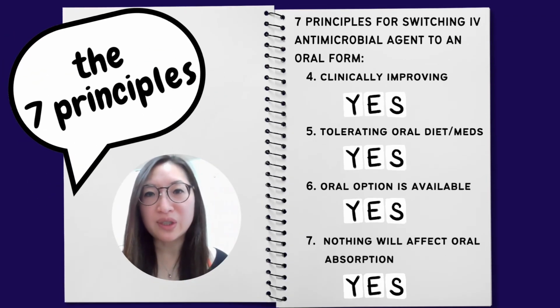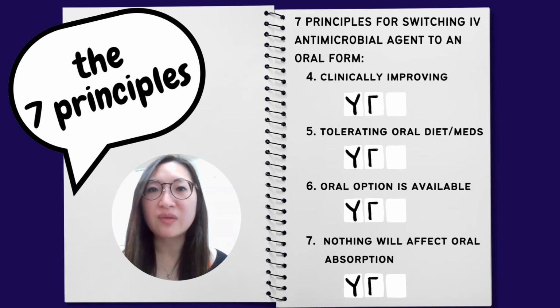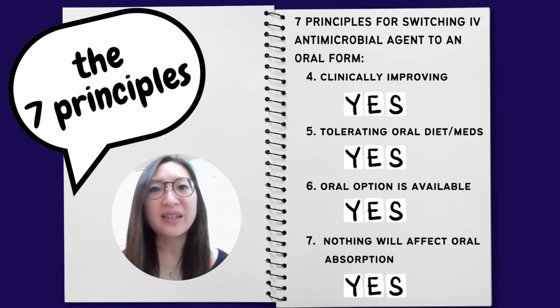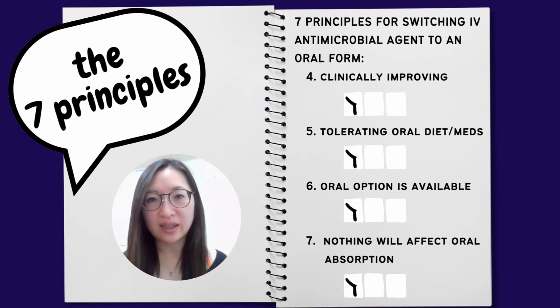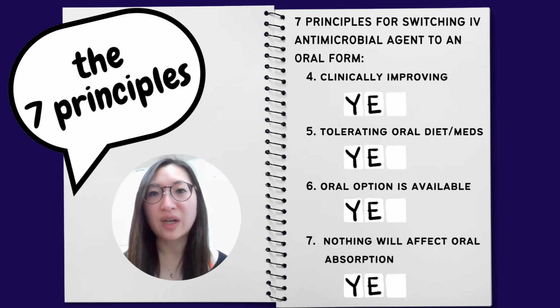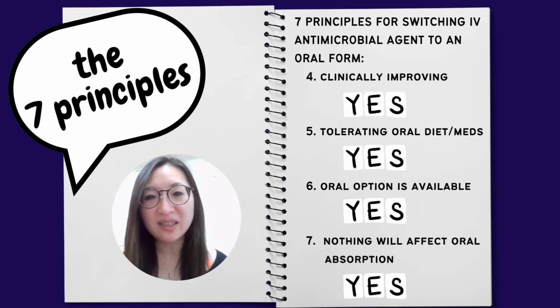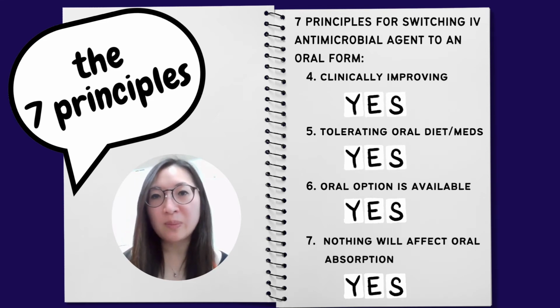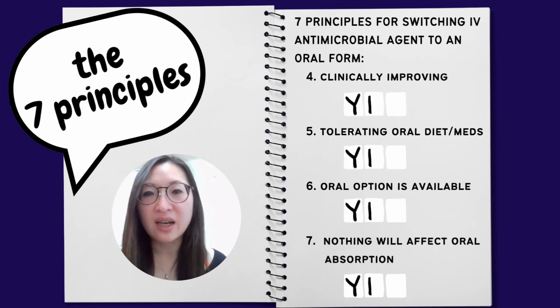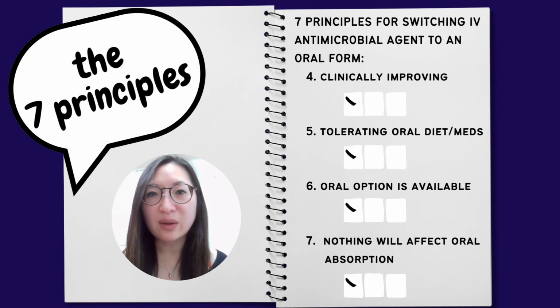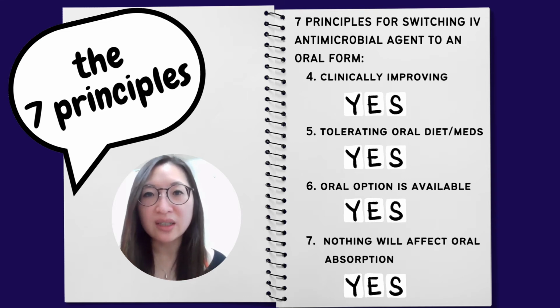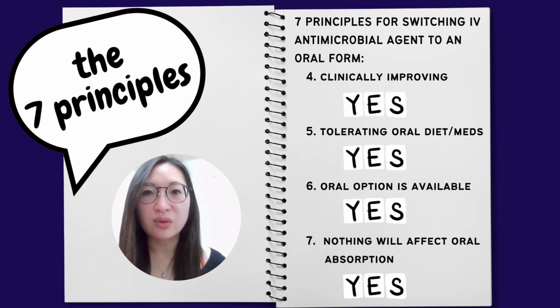Number 4, we also know that Mr. AX is clinically improving. He's defervesced since he's been admitted and his white count has normalized. He's also tolerating his oral liquid diet as well as his oral medications without any vomiting or diarrhea documented. And there is an oral option available based on the E. coli sensitivity. We have oral amoxicillin and oral cephalexin as potential step-down options. And there's nothing that we could find in his chart suggesting abnormal GI tract that would hinder his ability to